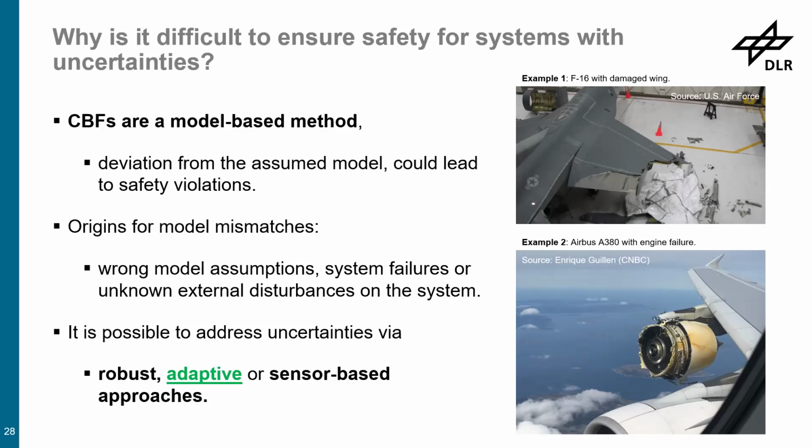Maybe whatever happens to your system can happen in a positive direction, such that it will actually help to stay safe, right? But in some cases, it will actually worsen the conditions, and then you have to figure out something to adapt online, right? Or to stay robust. There are multiple things. You can stay robust. You can adapt online. You can also use some sort of sensor-based approach, like incremental formulations. It depends on your wishes, your requirements, when you design such systems, right?